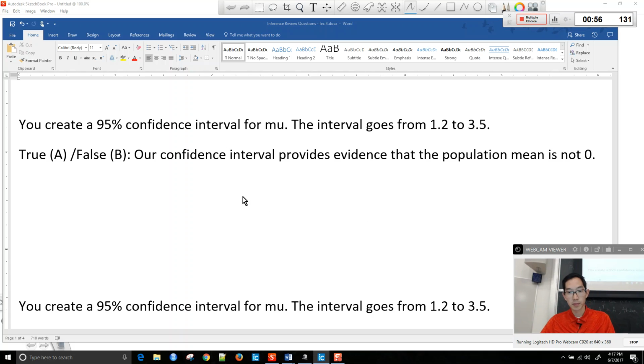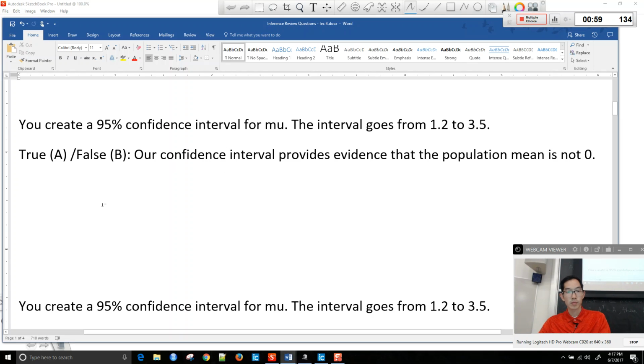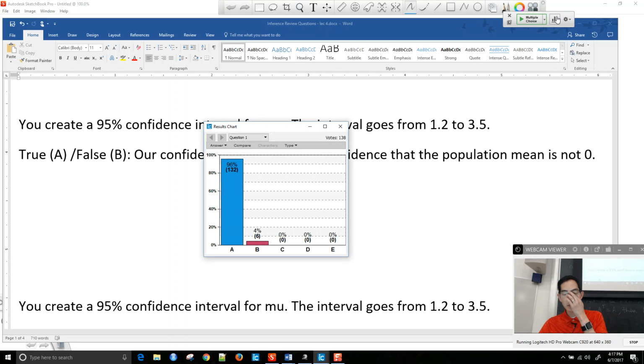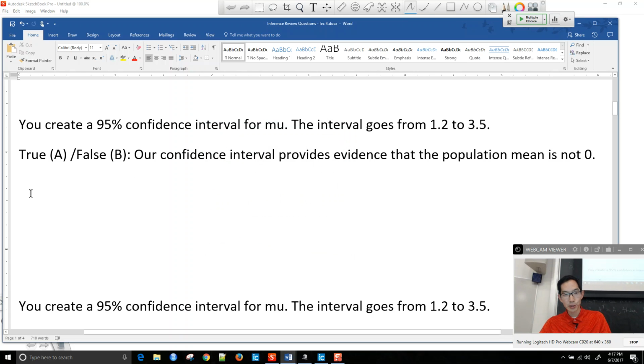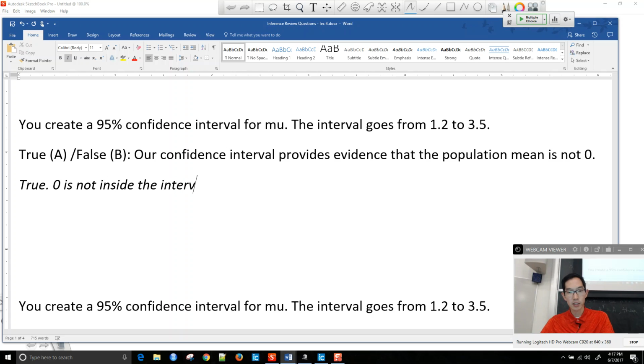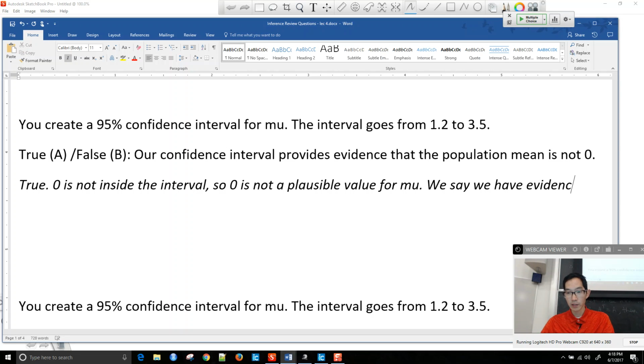All right, okay, what do we have? I'm going to click stop here. Everyone get their clicks in? Okay, yes, that is correct. The answer is true. 0 is not inside the interval. So 0 is not a plausible value for mu. Therefore, we say we have evidence that the mean,